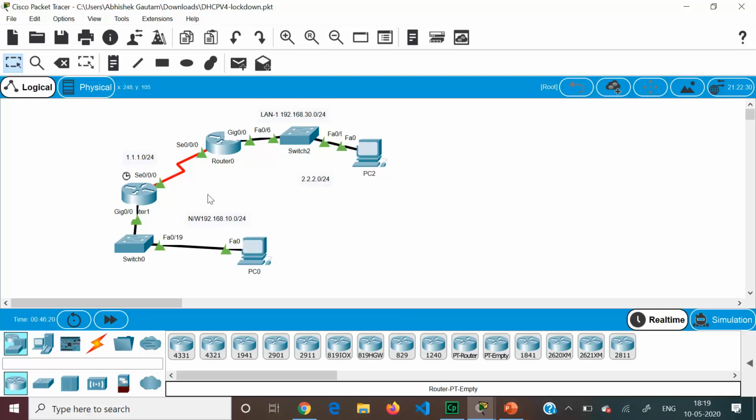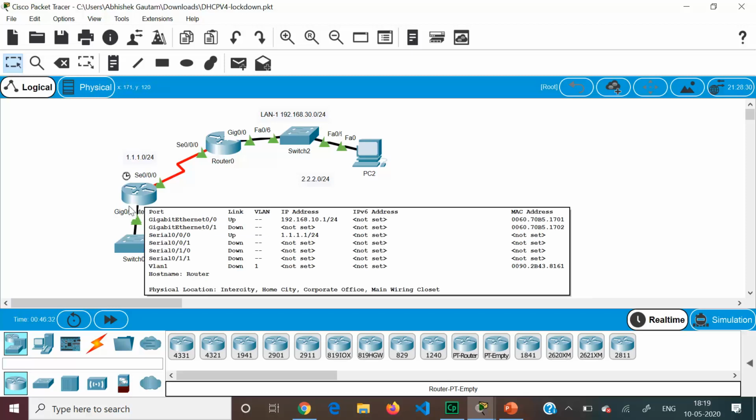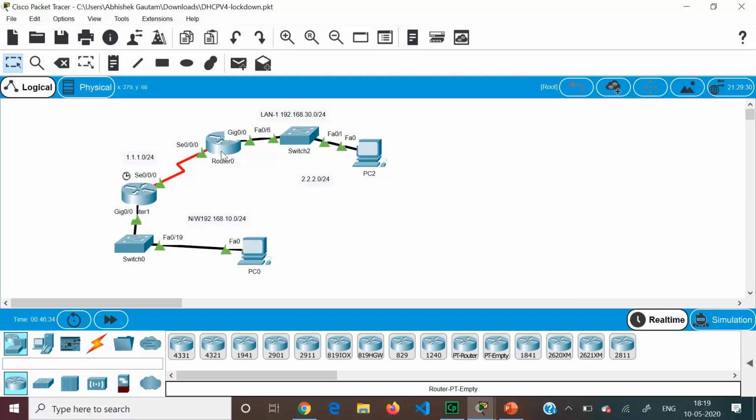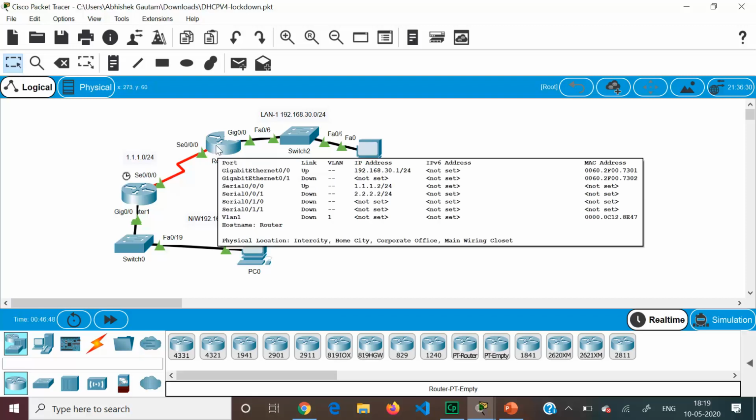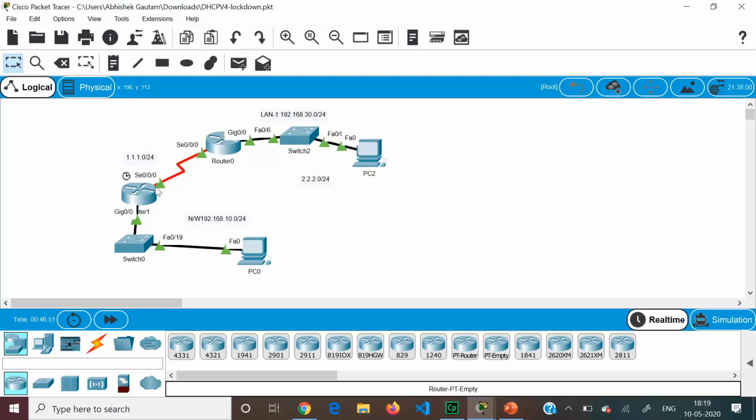Now, since this network is not directly connected to router 0, here it was directly connected, but here it is via router 1. So PC0 will send a DHCP discover message to router 1 when it wants to get an IP address dynamically. Routers cannot forward broadcast messages, so it will be limited only till router 1. It will not reach router 0 to assign the IP address. So when router 1 receives a DHCP discover message on G0/0, it needs to take help from router 0, which has the IP address 1.1.1.2 on S0/0/0. See, router 1 is connected to router 0 using S0/0/0.